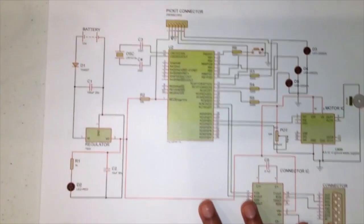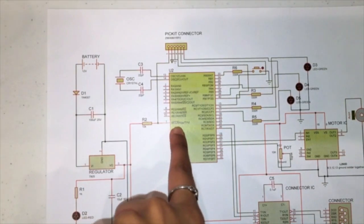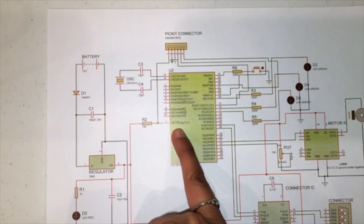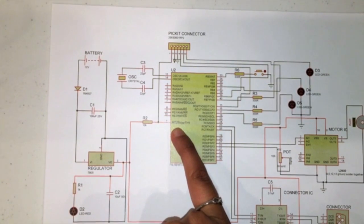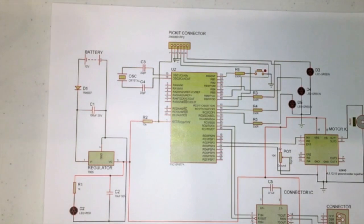And this is all represented on the circuit diagram also. I just wanted to show you those 2 diagrams so you can have an idea of where exactly we got each of those connections from. So you have the first pin going to VPP right here, and just a quick note, this might be a bit confusing, but pin 2 is going to VDD target, and that represents a power supply,